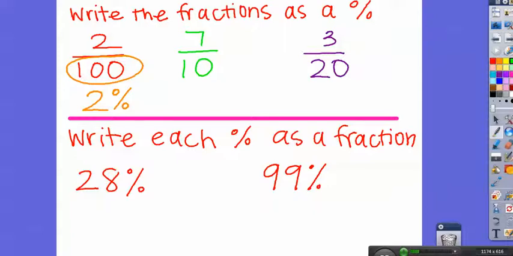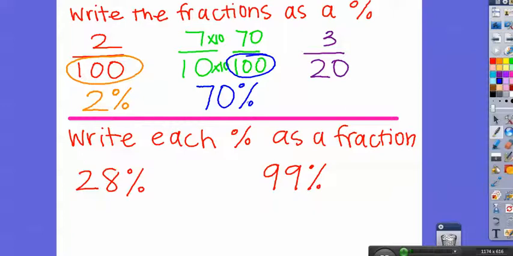Well, our denominator isn't 100, so I need to make it 100. So my denominator needs to be 100. How did I get it to be 100? I multiplied 10 times 10. And so since I multiplied 10 times 10, or 10 times my denominator, I need to multiply 10 times my numerator. And 7 times 10 is 70. Now that I have a denominator of 100, all I need to do is take my numerator 70 and add